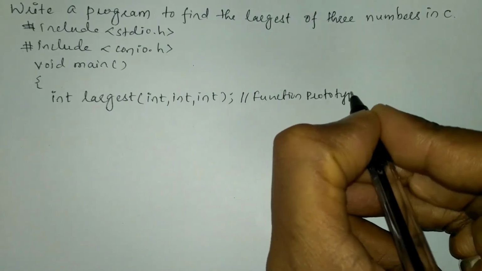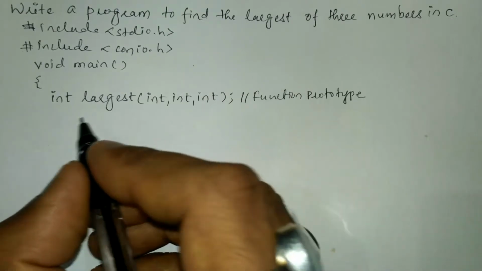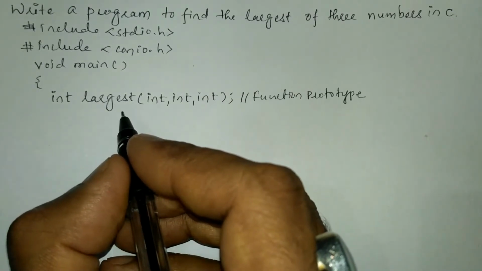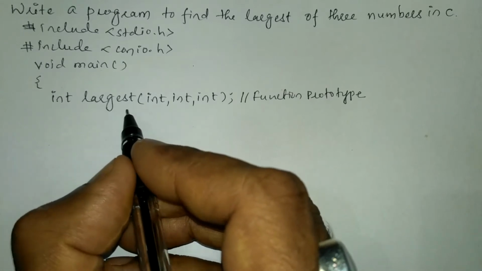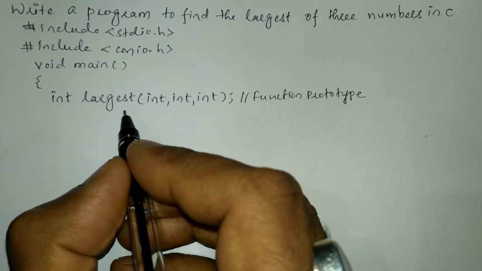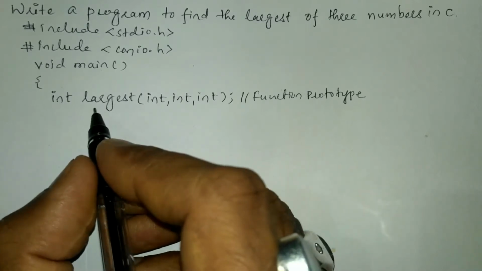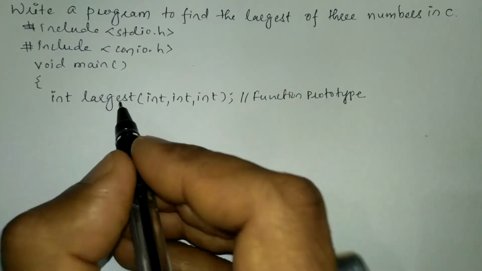So how exactly do we declare all the variables before using them in the program? In the same way, we have to declare the function before defining the function. Here, the function prototype creates an interface for the compiler that tells it this particular function is present. You have to execute the instructions present in this particular function definition.